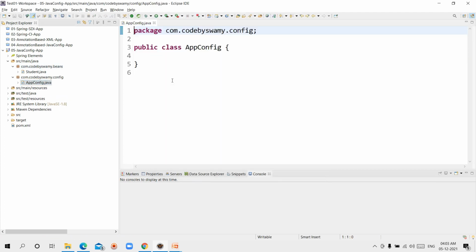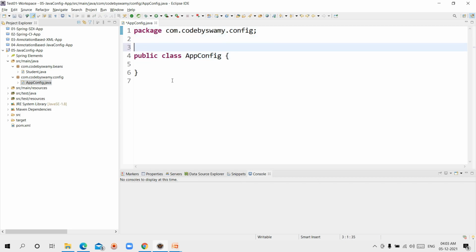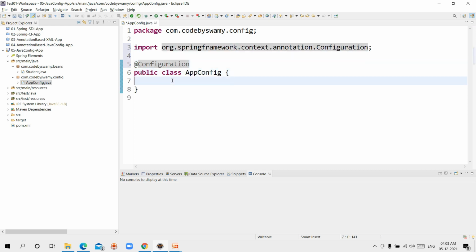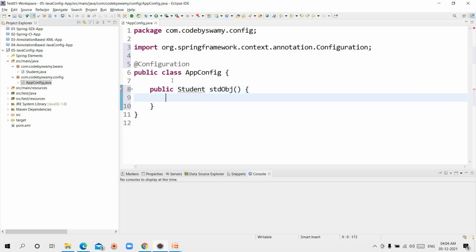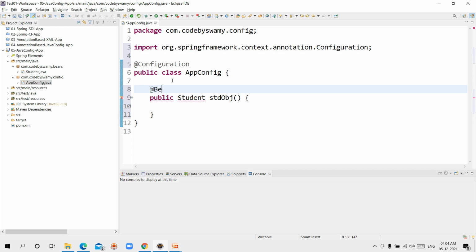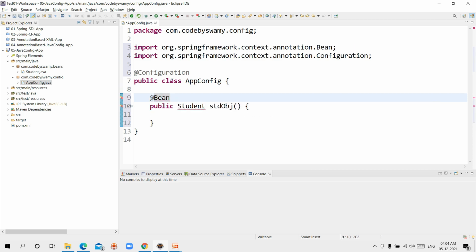As I already showed in the PPT, write one public class and apply the @Configuration annotation on top of the class level. Write one method to represent one bean, public Student stdObj. On top of the method I'm writing @Bean. If you don't mention this, then IOC will not create the object.